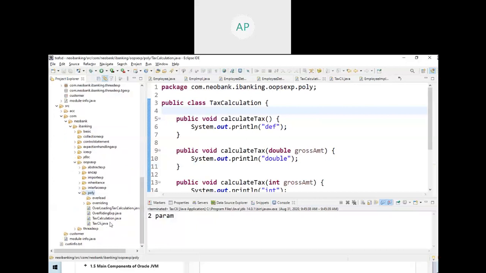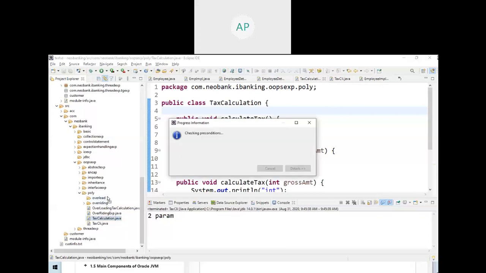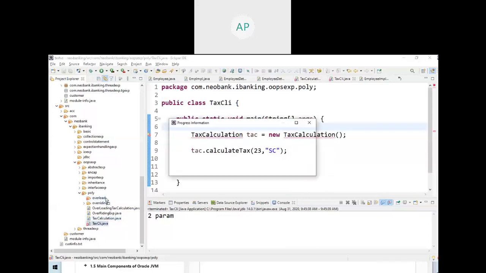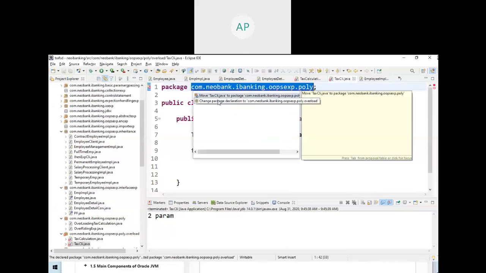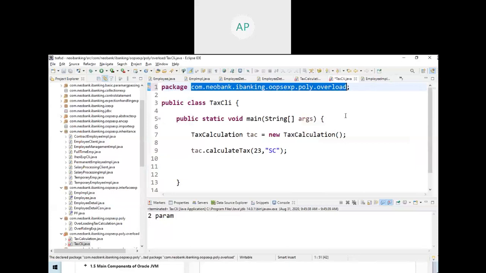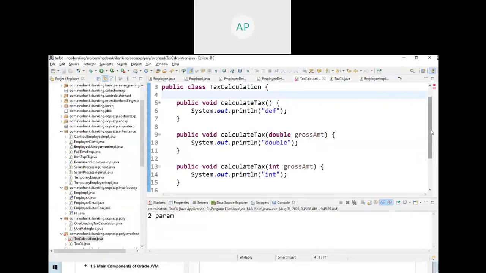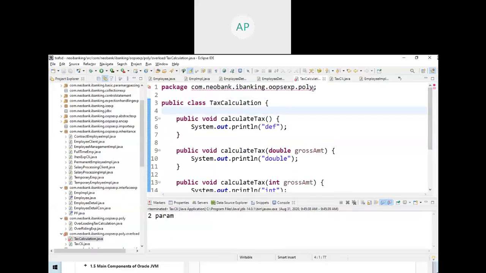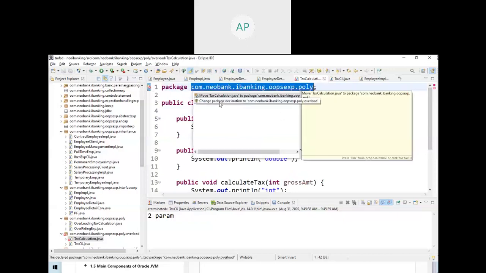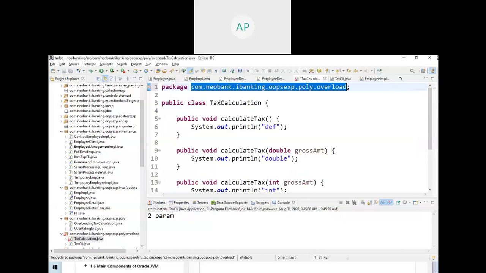Let me name it overloading, overload. Refresh. To be meaningful, let me move this logic to the overloaded package, and after that you can change this one. Change the package to overloaded, here and here also. The package is wrong here; change it to the overload package name. So package and folder are one and the same.